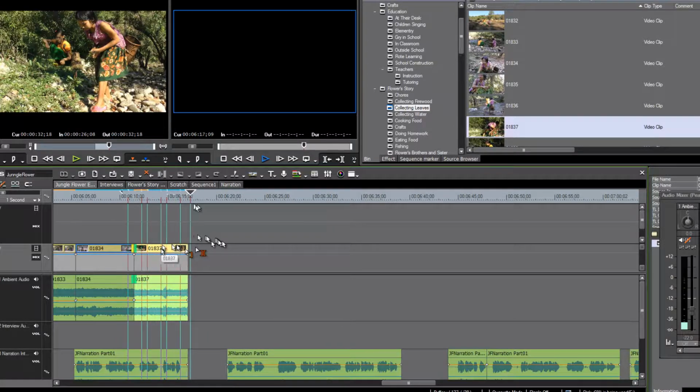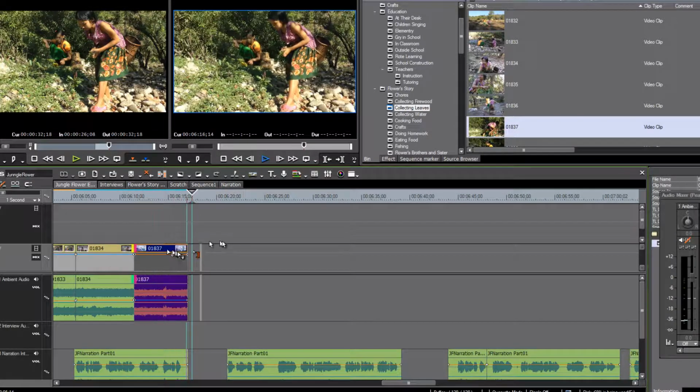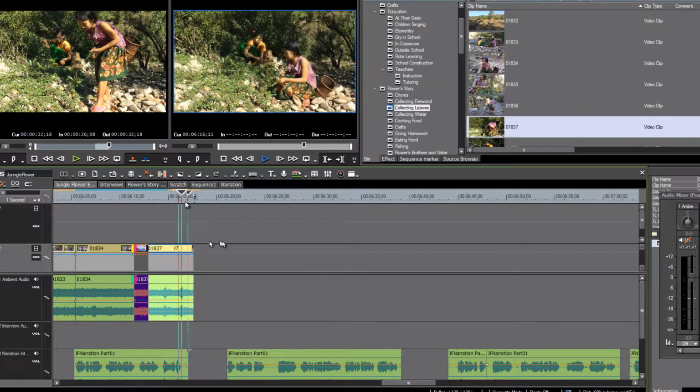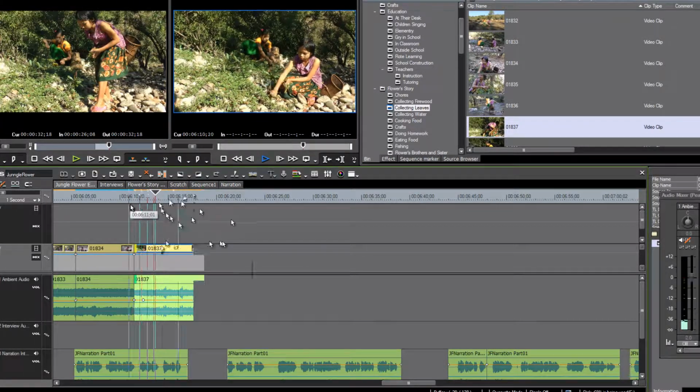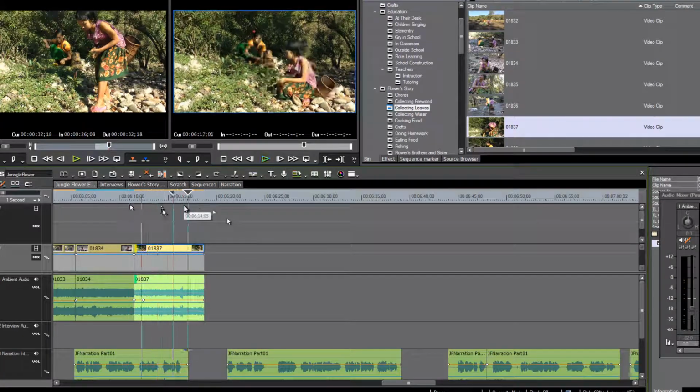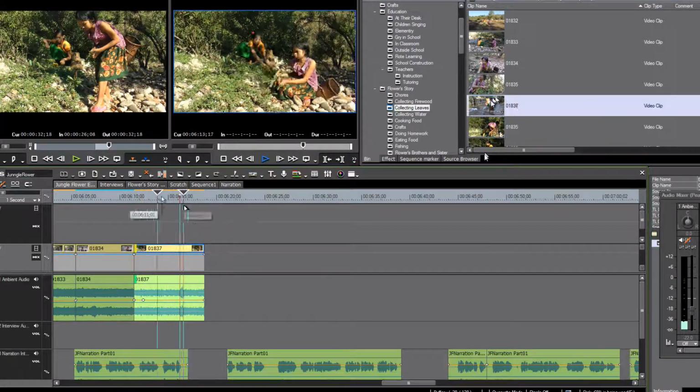Well, maybe we want to catch that just before she stands up. Let's move that over and see if we can just stretch this back and be fine. Okay, so we know we want to change our shot there, and I believe it was this shot of